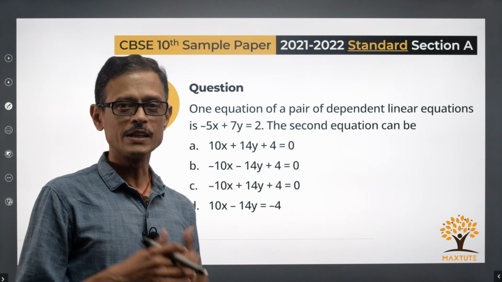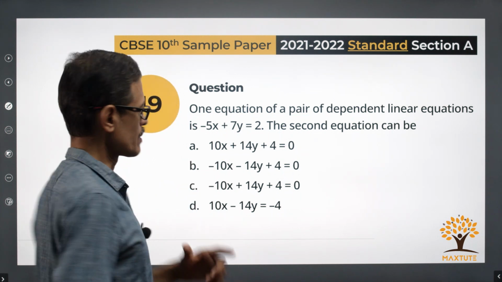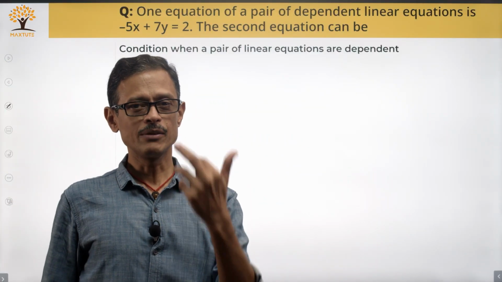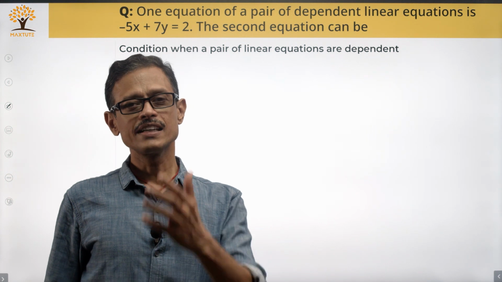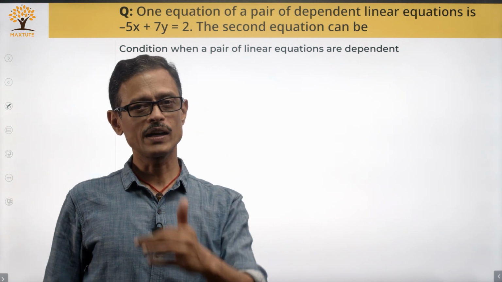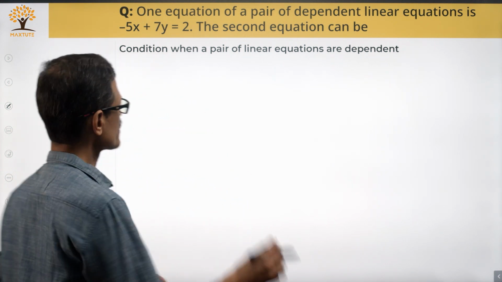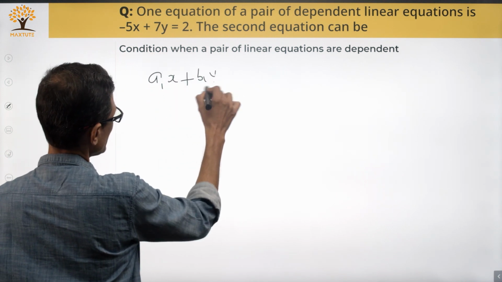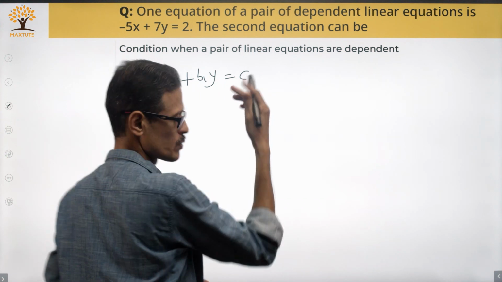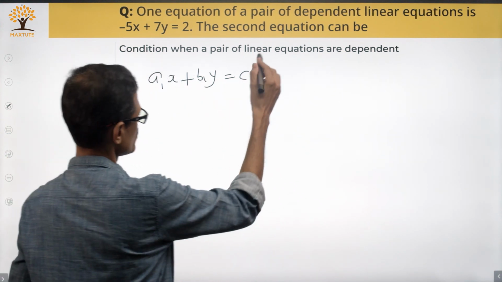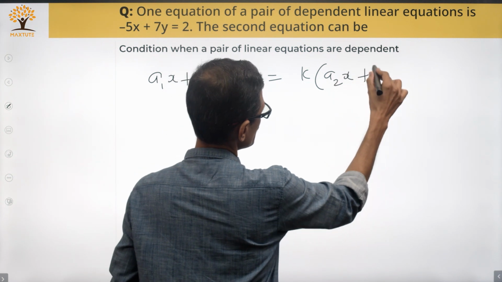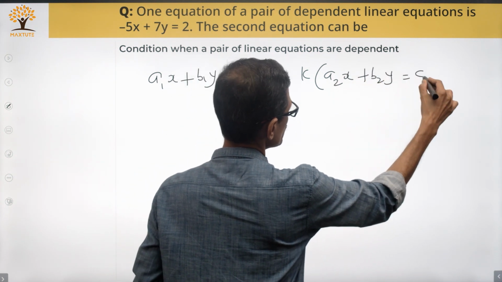when we talk about two dependent equations, how will they basically resemble. If a pair of linear equations represented by a1x plus b1y plus c1 is equal to 0 and a2x plus b2y plus c2 is equal to 0 exist, they will be dependent provided a1x plus b1y is equal to c1, I'll write it as equal to c1, this is perfectly alright. Taking it the other way around is also okay. If this is equal to k times a2x plus b2y is equal to c2.